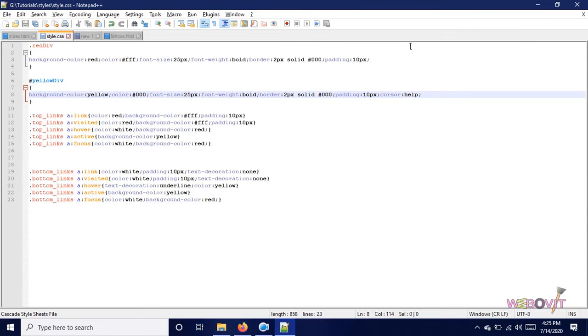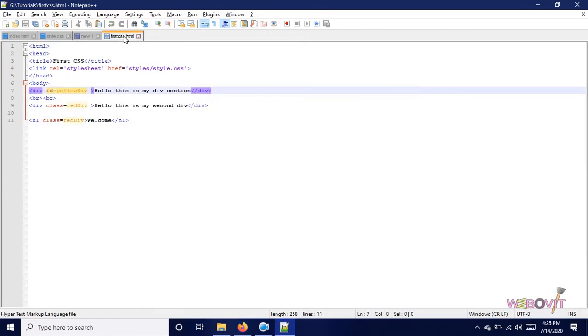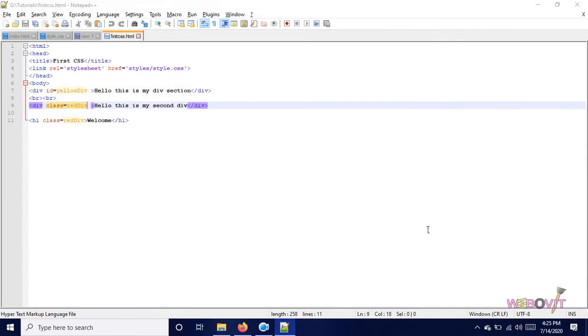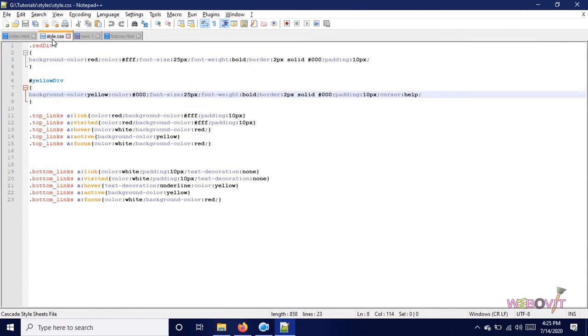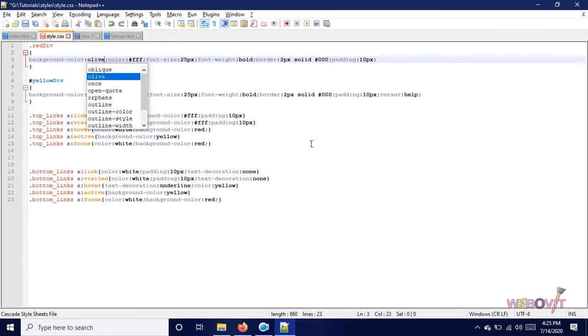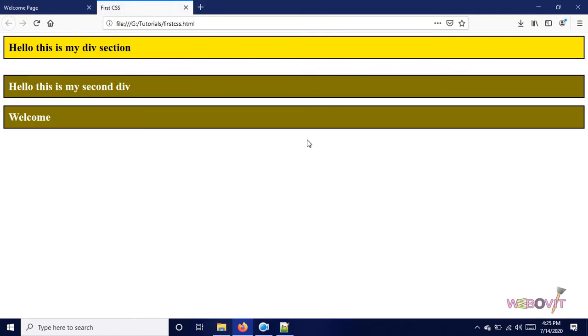Now what we are going to do, in this same page, this one class red div, these two are red in color. So we will change the style of this one red div. Here I have given the color red by name. There are many colors which are directly available by name, like aqua, black, fuchsia, lime, maroon, olive, etc. Suppose I pick olive, then this is the olive color.